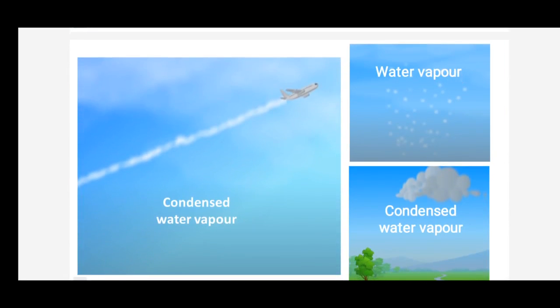And what have you seen in this picture, children? Yes, a jet plane is flying in the sky. Jet planes flying in the sky leave a white trail behind them. Have you observed it? Yes. Do you know how that white trail occurs? The moisture from the engines condenses as the jet plane flies. We see trails of this condensed moisture for some time when there is no air movement to disturb it.